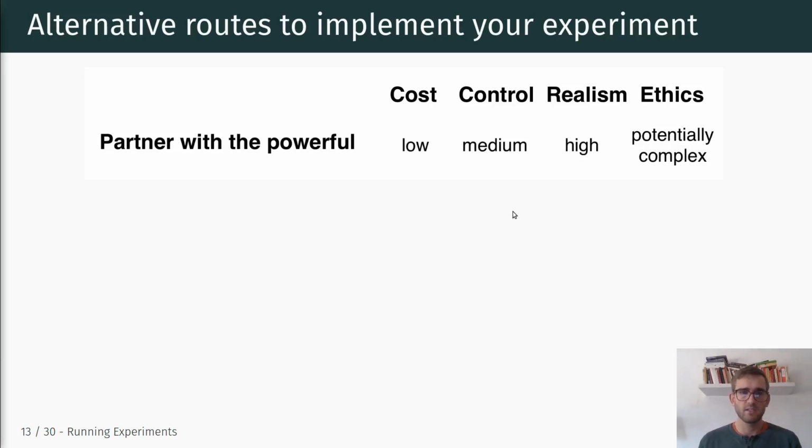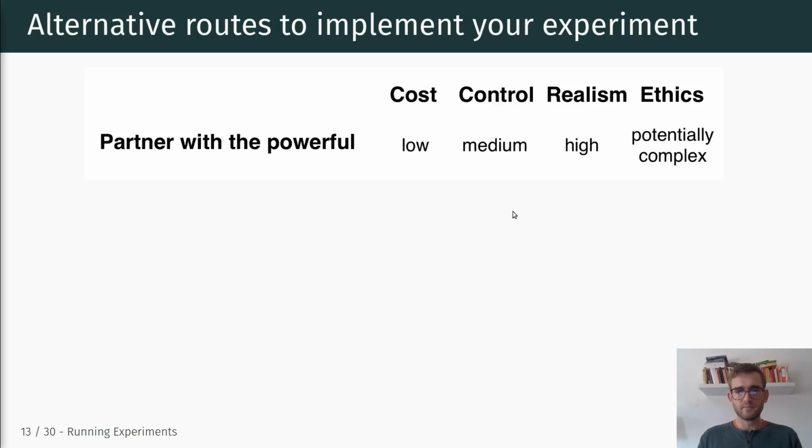On the flip side, of course, realism, the external validity questions, are usually advantages, because if you're partnering with, for example, a social media platform, and you can directly examine behavior on that platform as an outcome variable, then you're directly measuring the behavior that you're interested in, so that people interacting on that platform itself is highly realistic, in the sense that it's directly the behavior that you're interested in. Okay.